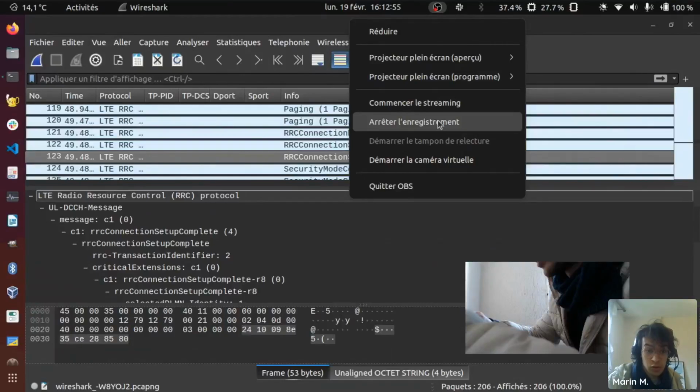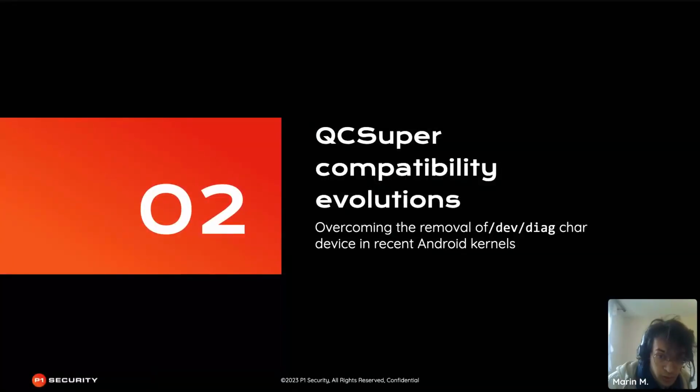So the process when your phone connects to the core network of your mobile operator. Everything of this is displayed in Wireshark with one command, testing the tool on a compatible setup, rooted phone. So in the following slide, we will provide some news on the recent